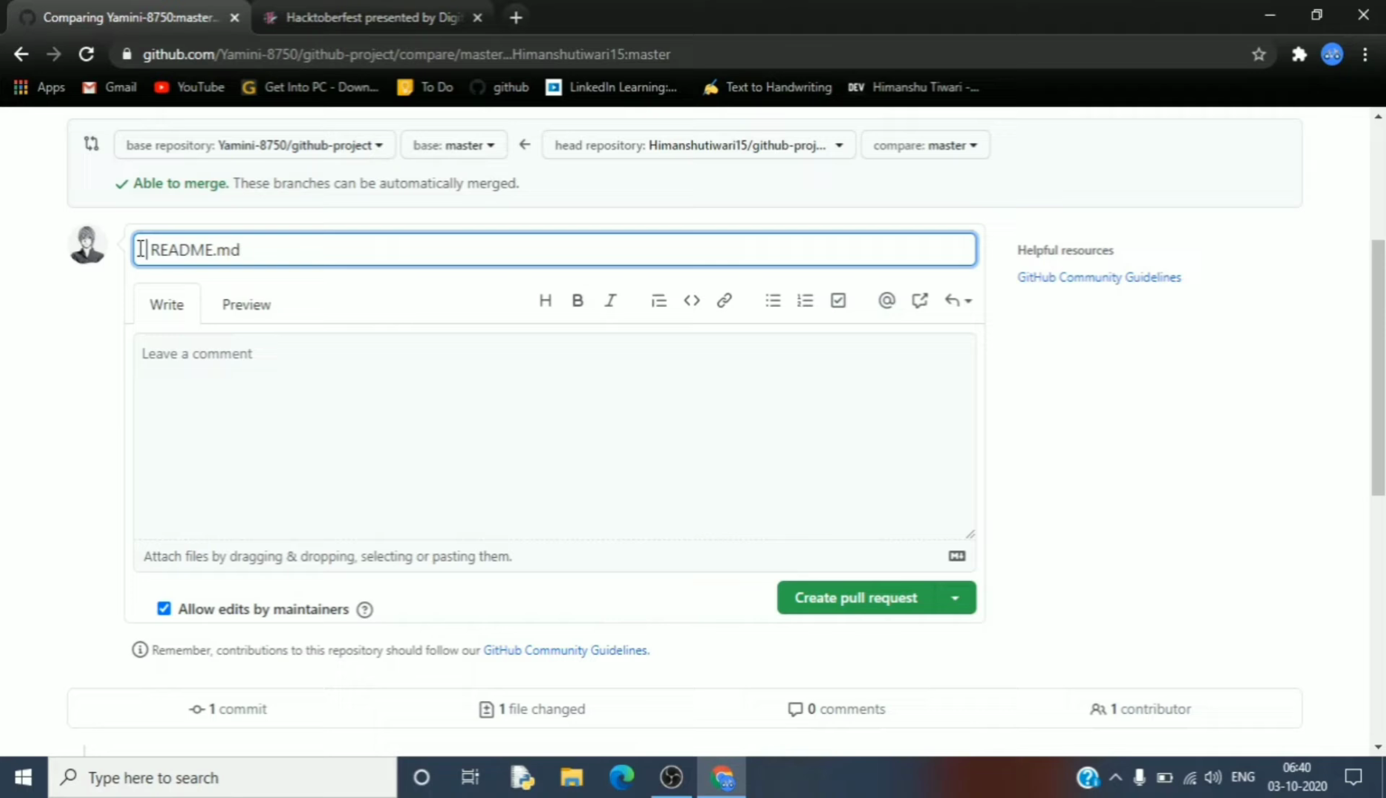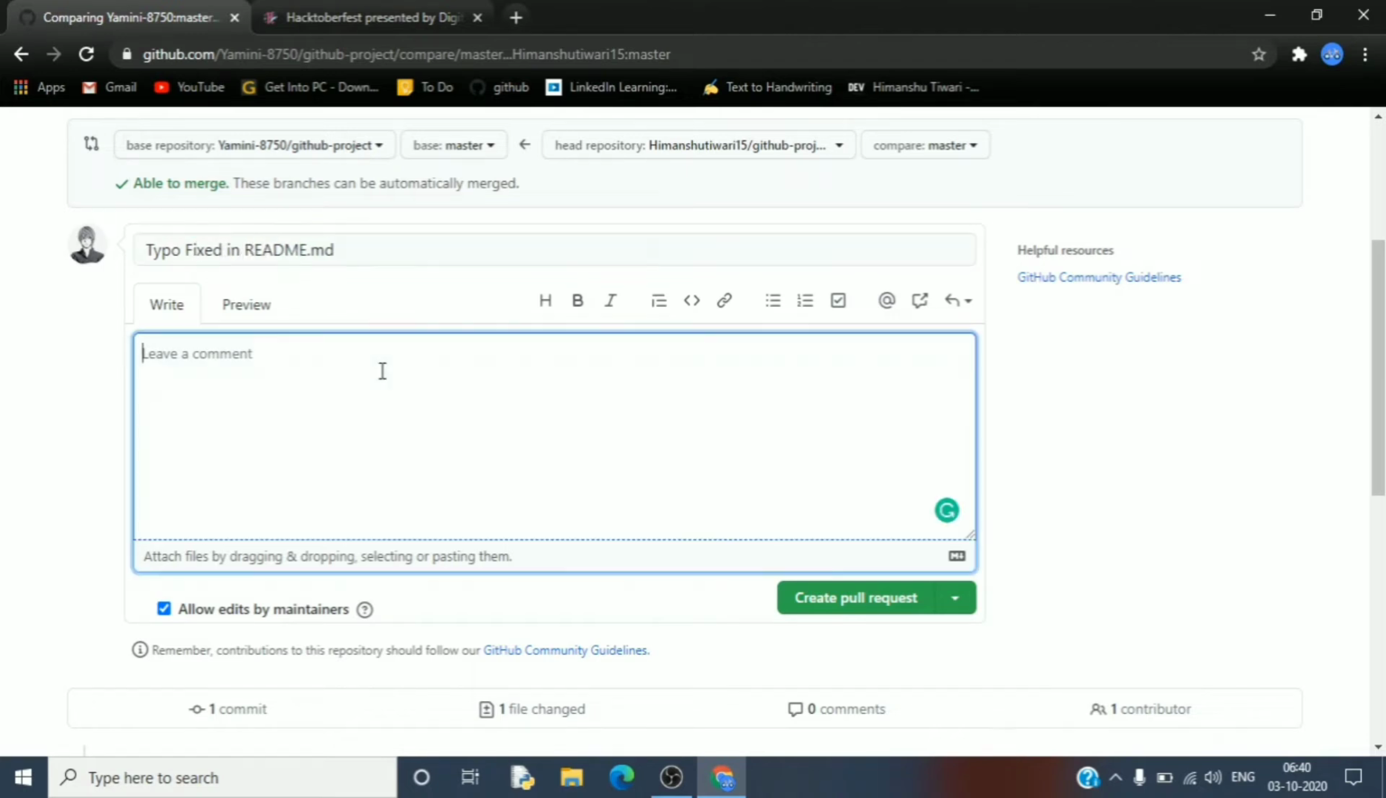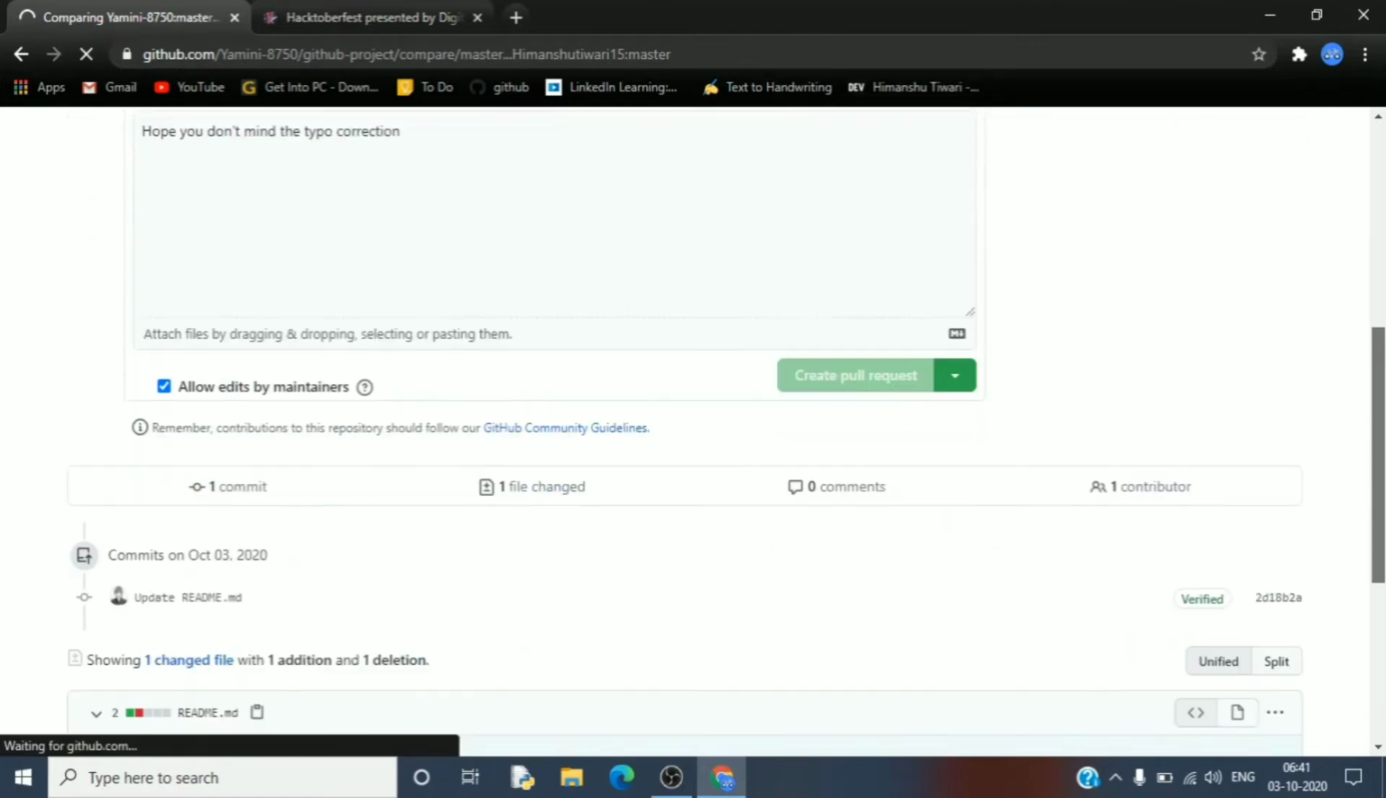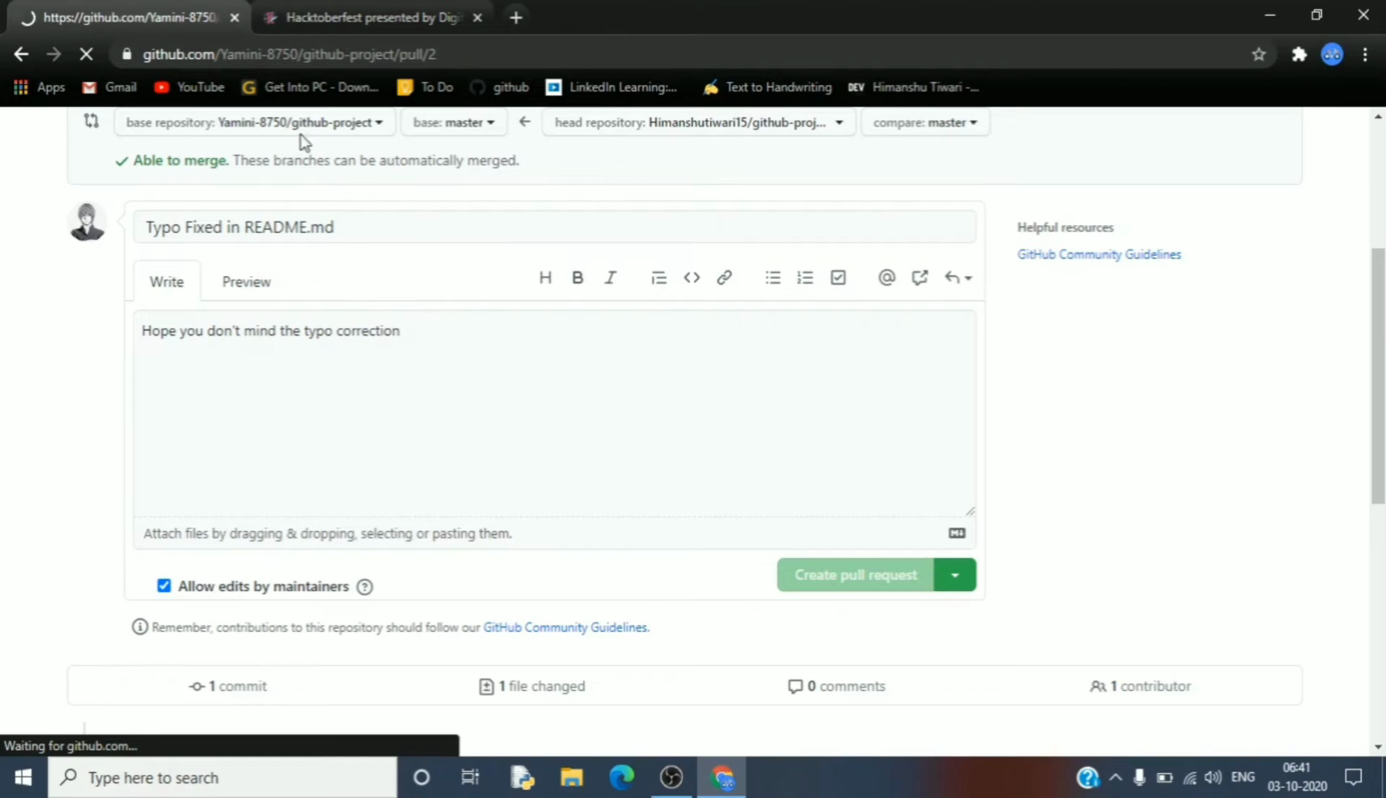I will be naming it as typo fixed in readme, and leave a comment. Yeah, hope you don't mind the correction. So just create a pull request. That's what we need to do. And as soon as you created the pull request,